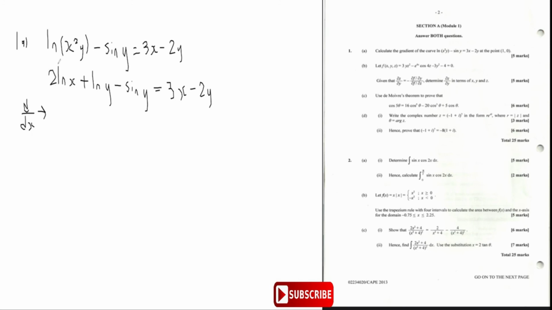To differentiate 2 ln x, you just differentiate ln x. When you differentiate ln x, you get 1 over x. So it becomes 2 over x